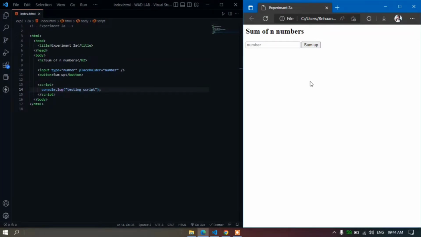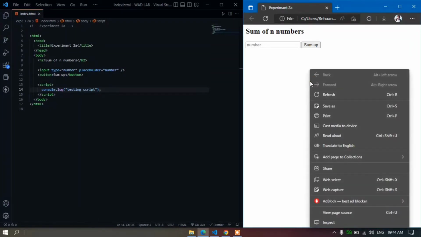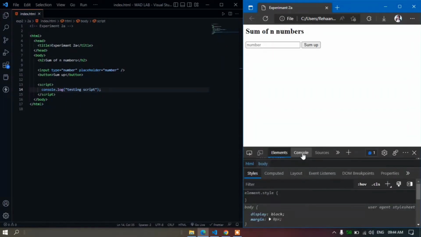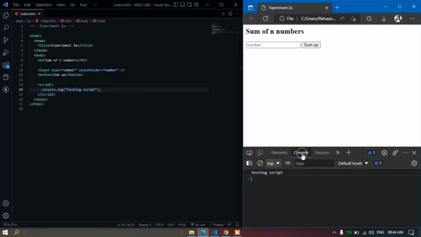Now let's check the output. For that we need to write console.log testing script. We'll check whether we are getting it in the browser console. For that we need to inspect the console. You see, we are getting the testing script which we were displaying in console.log. So it is working perfectly. Now we'll go for the